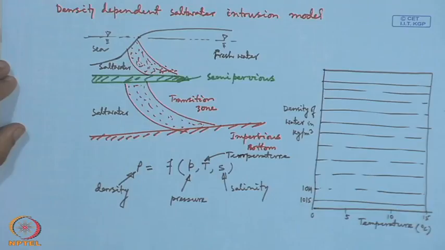With this, it has been observed that density varies like this red line, where we have a chloride concentration